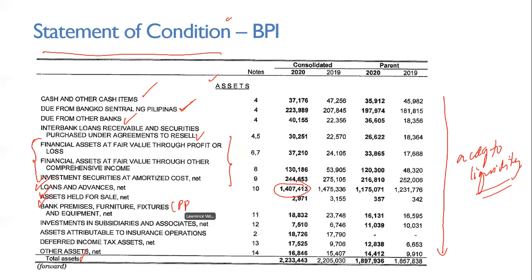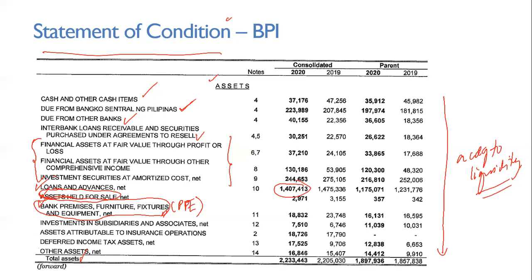In other words, this is PPE, right? Pero ito na nga lang ang mga premises, furniture, fixtures, equipment na ginagamit ng bank itself. No, kaya nakahiwalay siya sa assets held for sale. Yung assets held for sale might be assets that the bank is holding, but its objective is to sell it kasi kailangan niyang i-liquidate para mabayaran yung mga receivables, mga pinautang niyang loan. Okay? Pero ito, these are assets na ginagamit niya mismo.